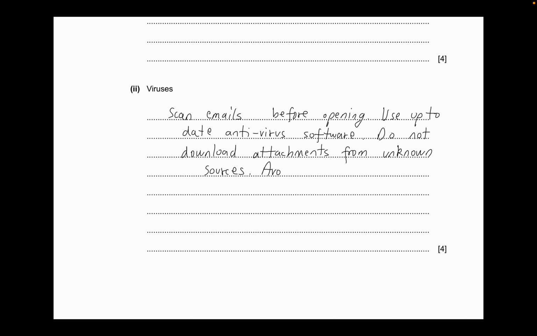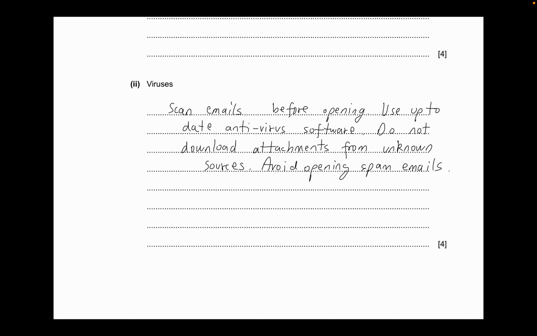And then avoid opening spam mails, because that is related to viruses. Avoid opening spam emails. These are some of the answers for 4 marks. All right, let's move on. Next question,